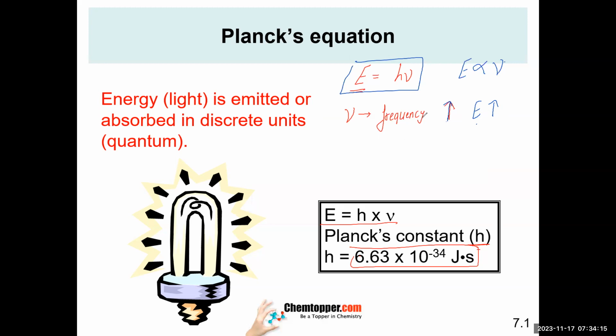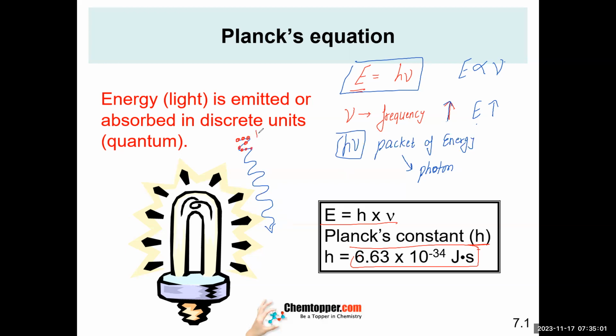Okay, so now this hv is also called a packet of energy. It's a packet, a fixed amount of energy. The other name is photon. It's a photon, which we did in unit 1 also. So what are photons? Photons are the packets of energy. And light is coming, sunlight, any light, which we draw like a wave, but it is actually also like packets of energy. Each packet of energy